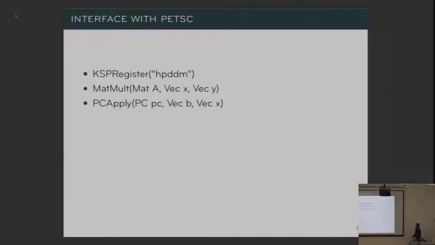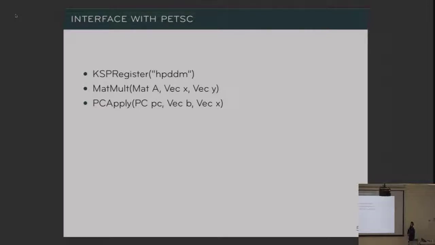So now I'll talk about some new results and some new interface with the PETSc solver. Basically, what we have added in the last few months is a callback to HPDDM from within PETSc. So we have added KSPRegister for HPDDM, so we can register all the HPDDM Krylov methods. And when you do a KSPSolve inside PETSc, it will be the GMRES or the block GMRES and so on from HPDDM, but using the MatMult and the PCApply from PETSc.